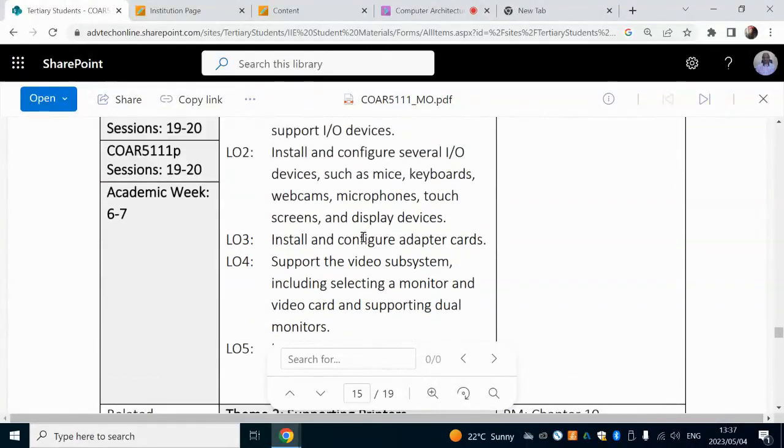In chapter 6, we are looking at input-output devices. Install and configure adapter cards. What's an adapter card? An adapter card is a card that I add onto the motherboard. And generally, I'm going to slot it onto a PCI Express socket on the motherboard. See, the motherboards generally come with most of the things that we need. It comes with a basic network card. It comes with a